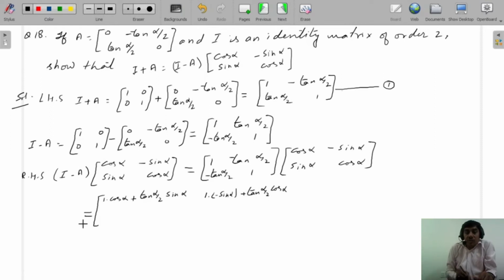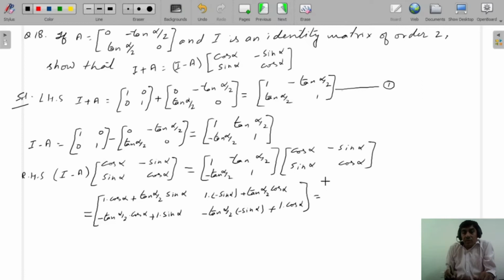Second row, first column: minus tangent alpha by 2 into cos alpha plus 1 into sin alpha. Second row, second column: minus tangent alpha by 2 into minus sin alpha plus 1 into cos alpha,